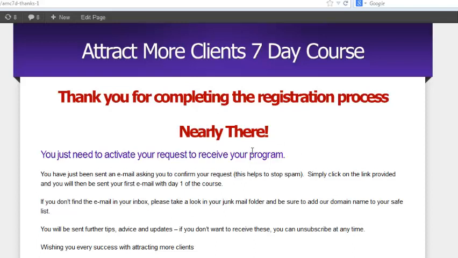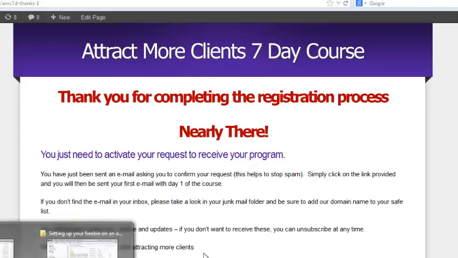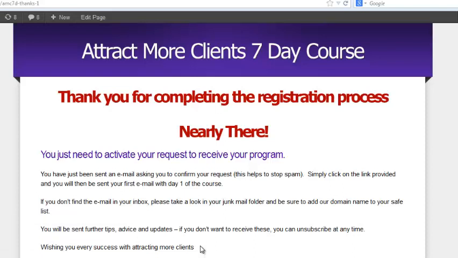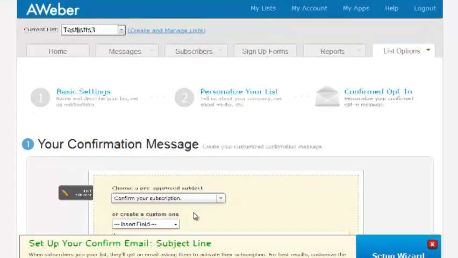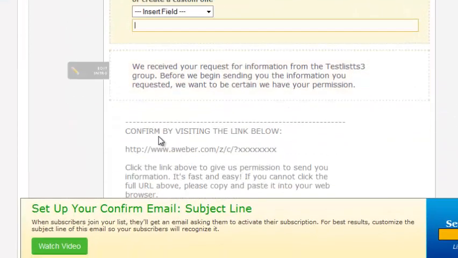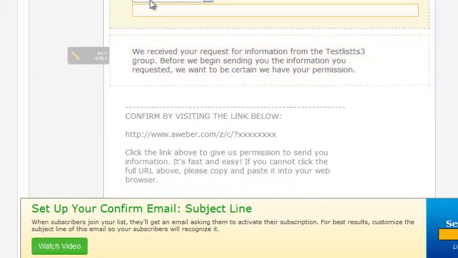And what they have to do, and no doubt you've seen this yourself when you've taken stuff off the internet, it sends you an email, then you click on the link, and then it takes you to whatever it is that you wanted to download. So first of all, I'm going to show you single opt-in, because you don't have to do that if you don't want to. Even now with Aweber,